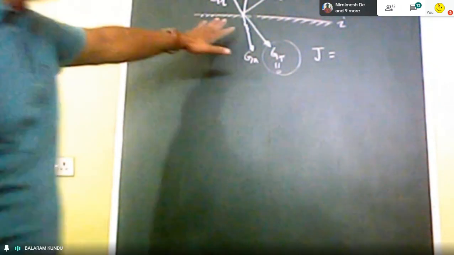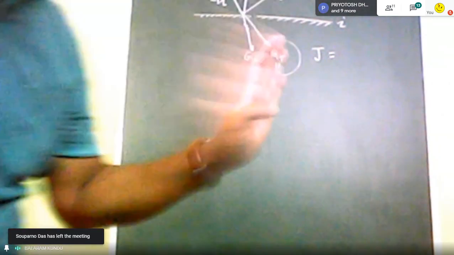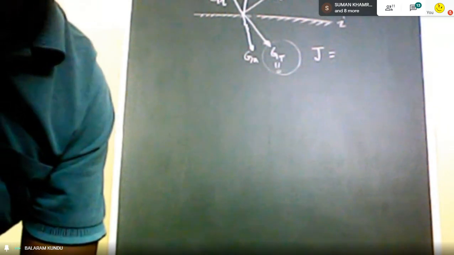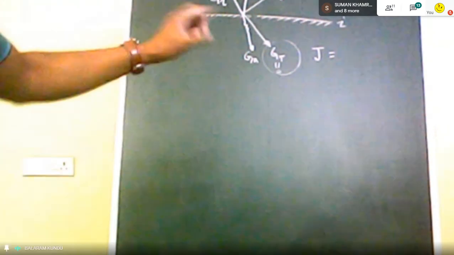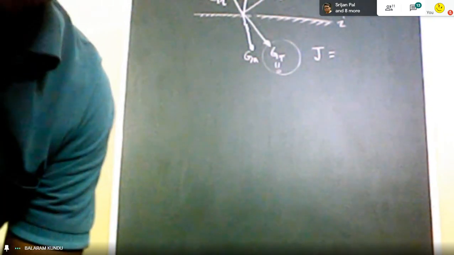And from this diagram, what can we write? The reflected part, GR, is the reflected flux leaving the surface I. So in J, GR should be there. So yes, capital J should be equal to GR